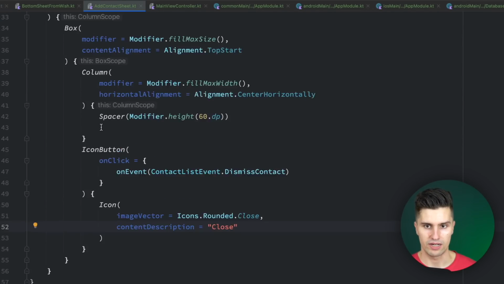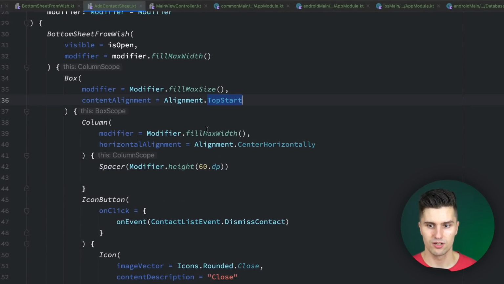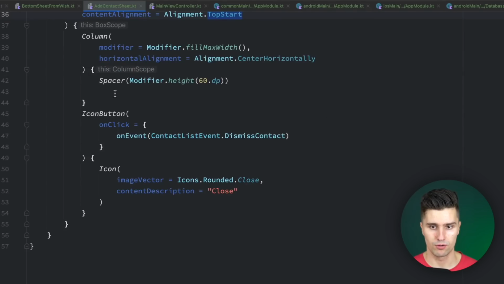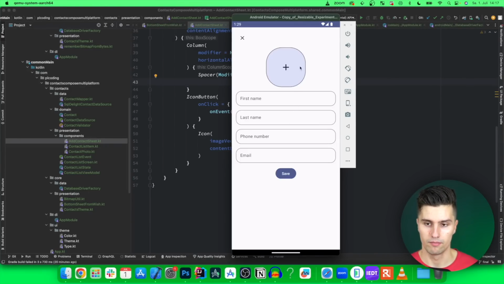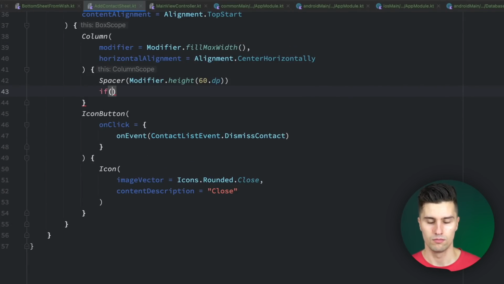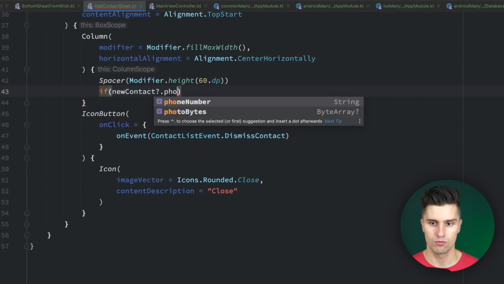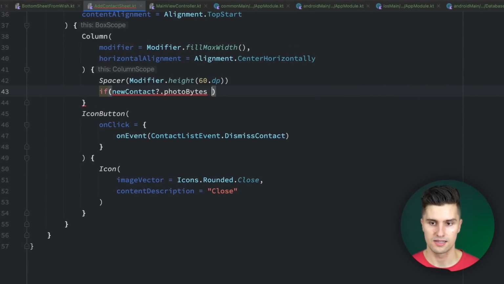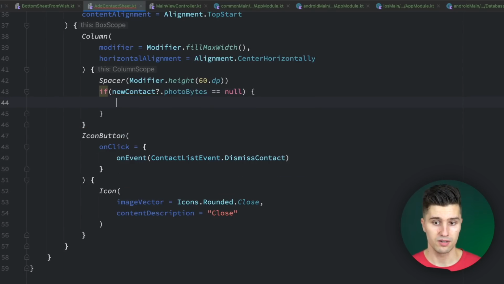That will already be arranged in the top start here. So we can now start to implement our photo here in our column. So if there is a photo for the contact, so a real photo, then we just want to show the photo. So just an image composable. If there is no photo, we want to display this selectable photo thing kind of where we can just click on and then add a photo. So if newContact.photoBytes is null,